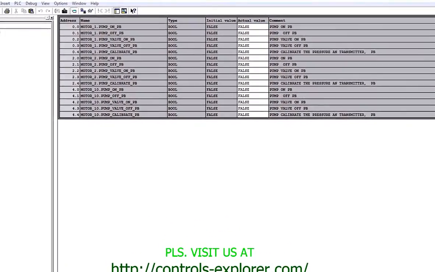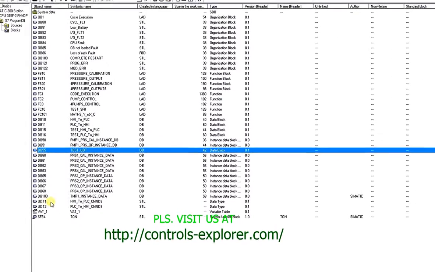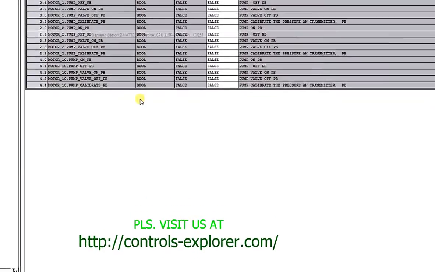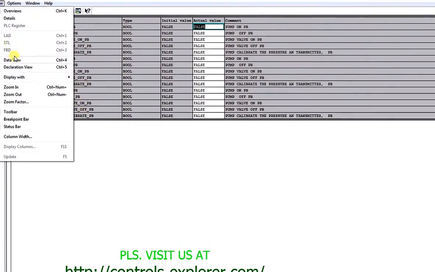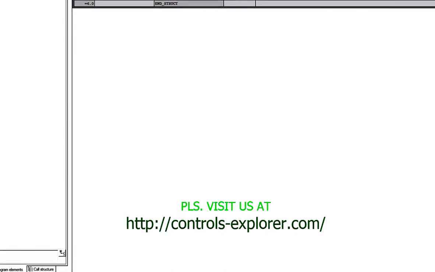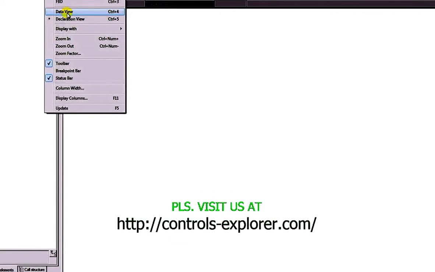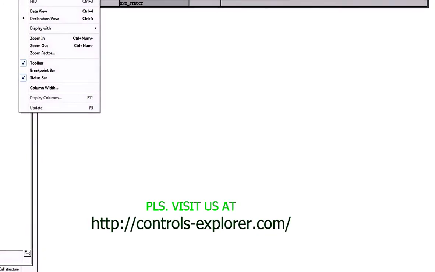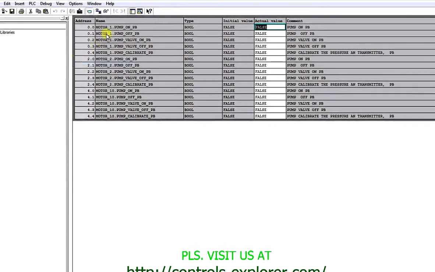Now once again you can open up UDT1 to have a look at the way we have created the data structure under UDT1, and go back to DB55 to see how that UDT1 is reflected under each and every motor, like motor 1, 2, and 10. And you can always switch between data view and declaration view. Data view will give details about the data structure. Declaration will give